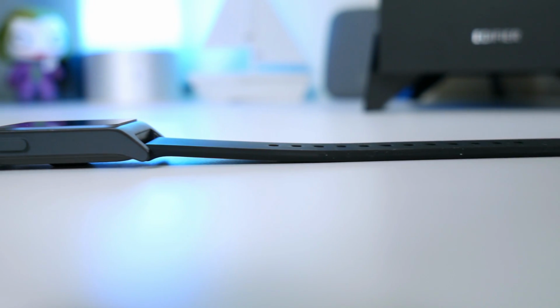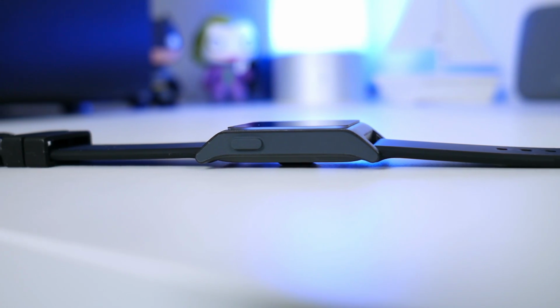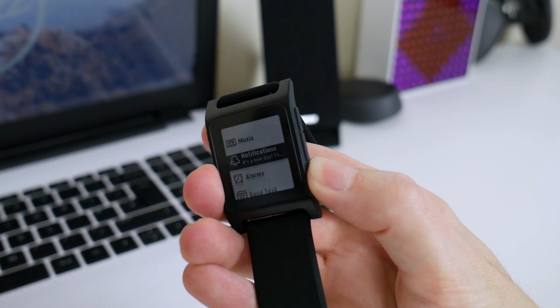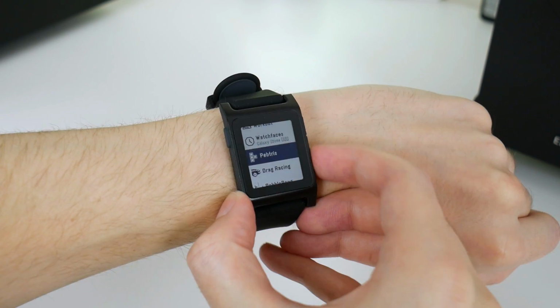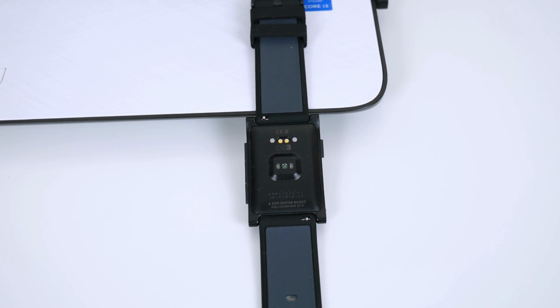So on the sides of the watch we've got a soft touch finish with your buttons, and the buttons feel really nice and tactile. On the left hand side we've got one button which acts as your back button, and then on the right hand side we've got three buttons which are used for navigation and also for making selections. On the inside of the watch we've got some Pebble branding, your heart rate sensor and the area where